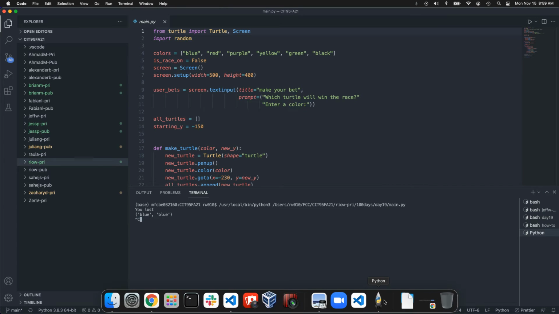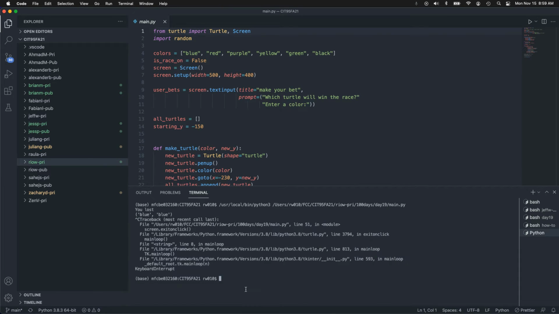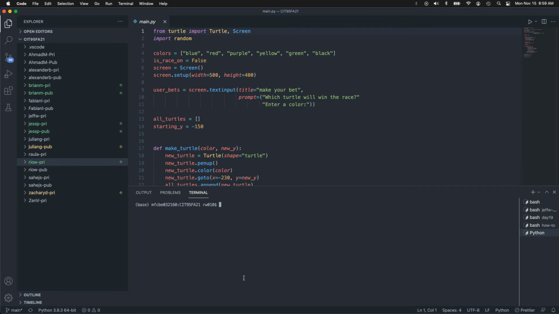Oh, I didn't close my turtle. That'd be the other thing, right? Handling that part. But